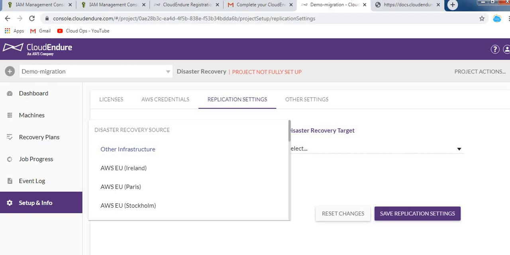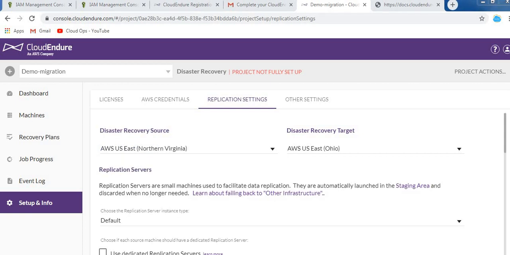So let's create. To make this demo very quick, I have added my source location as North Virginia, and disaster recovery will be in US East Ohio. If we are using a VMware environment, VMware 6.5 or 6.7, and migrating to AWS cloud, then there is an additional step where you need to install the Cloud Endure vCenter appliance and configure a few settings.